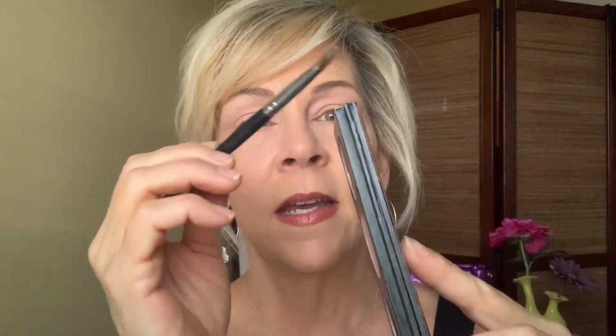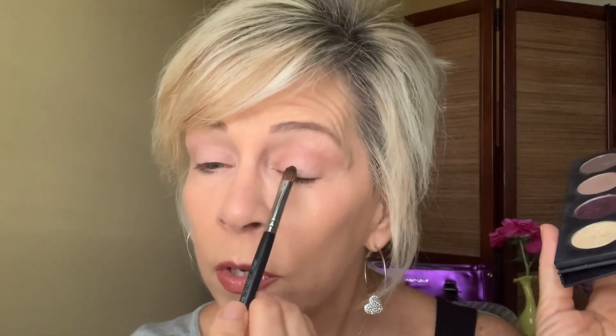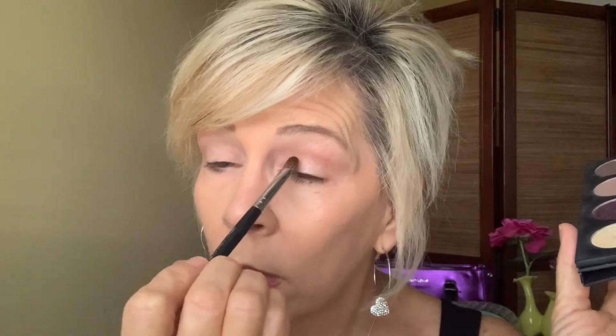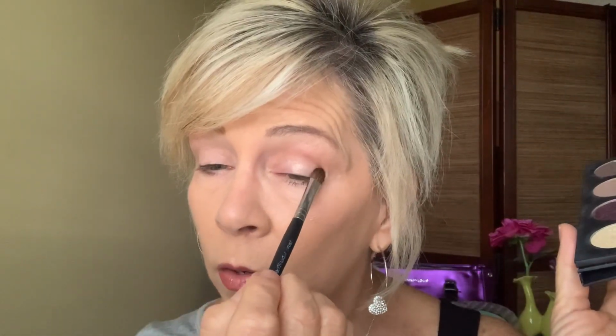But we're going to use this flat brush here. And this is a shader liner brush. It is also by Younique. And I'm going to pat this in, tap it off. And when you're applying the lighter colors, you're going to lightly press the colors in, no matter what color it is. So this is a very light color. I am going to take it all the way over